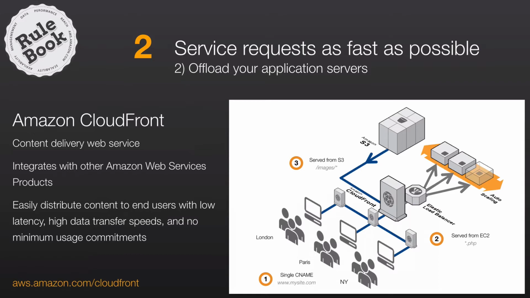And what this service will do is cache and deliver content locally to end users rather than always reverting back to origin to fetch a piece of content. It integrates with services like S3, so you might, for example, place your static content inside S3 rather than putting it onto your EC2 instances, onto your web servers or application servers at all, and have CloudFront cache that, and then also use CloudFront to cache origins that originate behind your ELB that might be on web or application servers. And customers that want to access those content items will be served them locally from the cache with much reduced latency and much improved performance. Okay, so that's a technique that you can use for offloading your application servers.